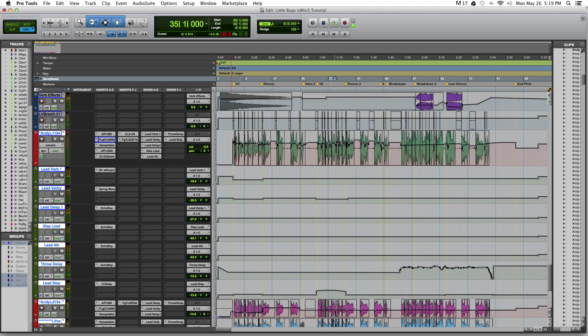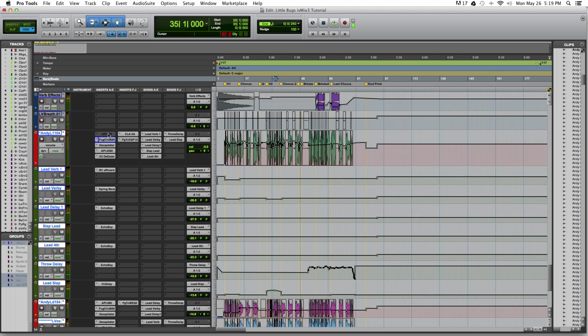Okay? So my signal chain here, when we're talking about plugins, is pretty intense. And same thing with my reverb and delays. I've got 1, 2, 3, 4, 5, 6, 7 different instances of processing here. And we'll go through that. So the first thing I did on the lead vocal, let's take a listen to it